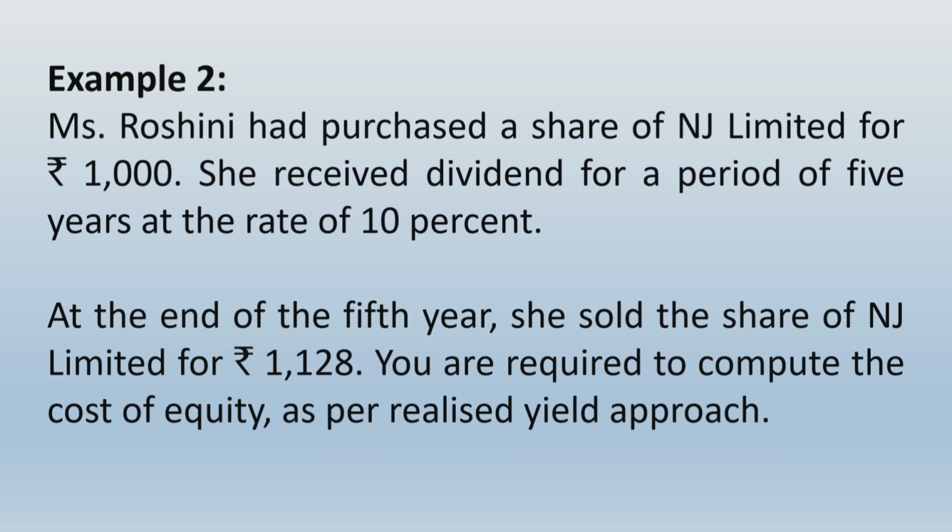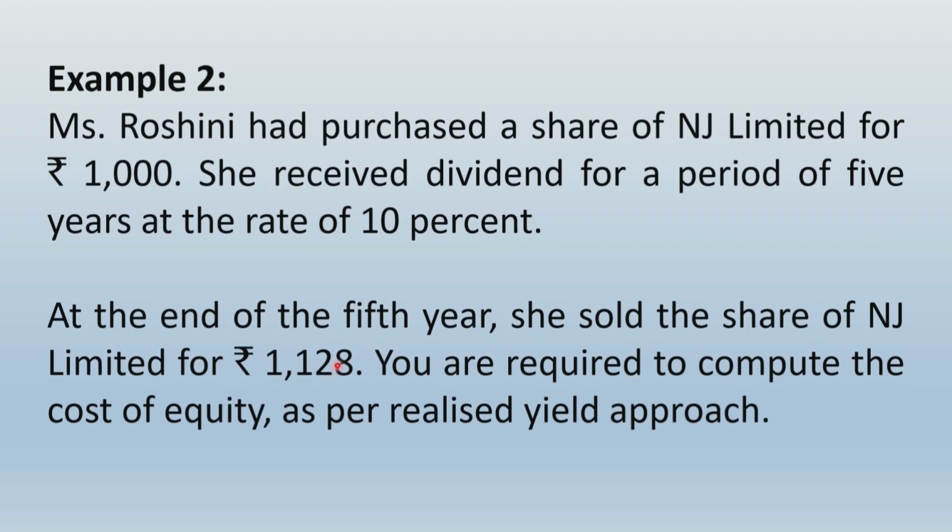We find that for the 5 years period, they have not informed the price at each year. They have given only once the price at the end. So have you noticed one thing? To buy this share, this shareholder has invested rupees 1000, and what is the amount of dividend she is getting? 10% every year. So 10% on 1000 will be 100. So for 5 years she would receive dividend of 100, 100, 100, 100, 100, and at the 5th year end she would sell the share for 1128.